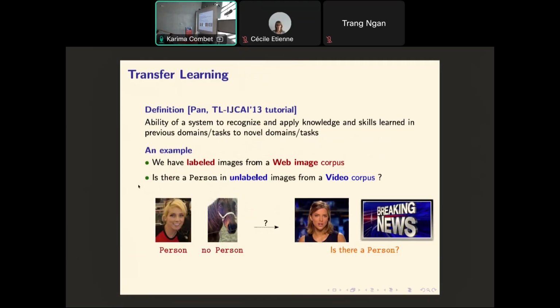Okay. The original motivation for transfer learning methods is the following. You might have lots of labeled images that you have acquired from, let's say, a labeled web corpus, like there is a person in the image or there is not. And now if you have some videos, you extract images from the video, and you want to address the same task, detect if there is a person in the image or not. Since the resolution of the images and the colors are different, the system might not be able to detect the concept correctly, and you need to adapt the model to the data or to the setting of the new problem.